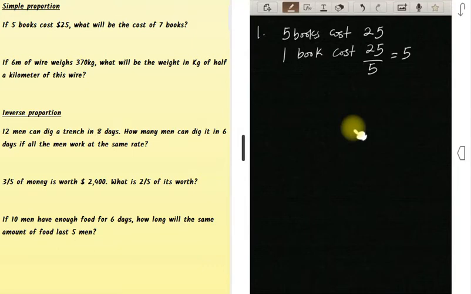Then 7 books will cost more, of course, so I multiply the 7 by the unit price, which is $5, and that will give me $35. Okay,